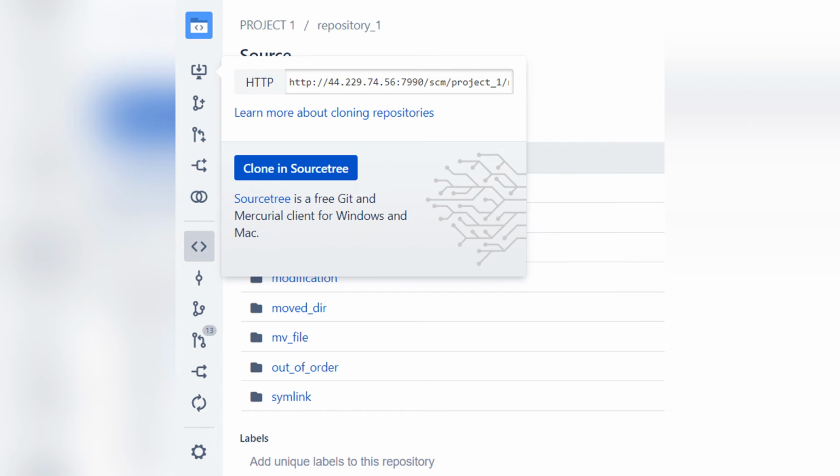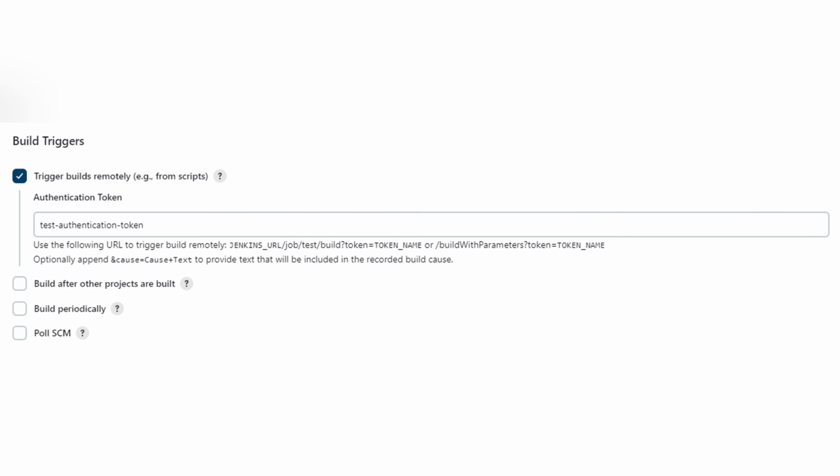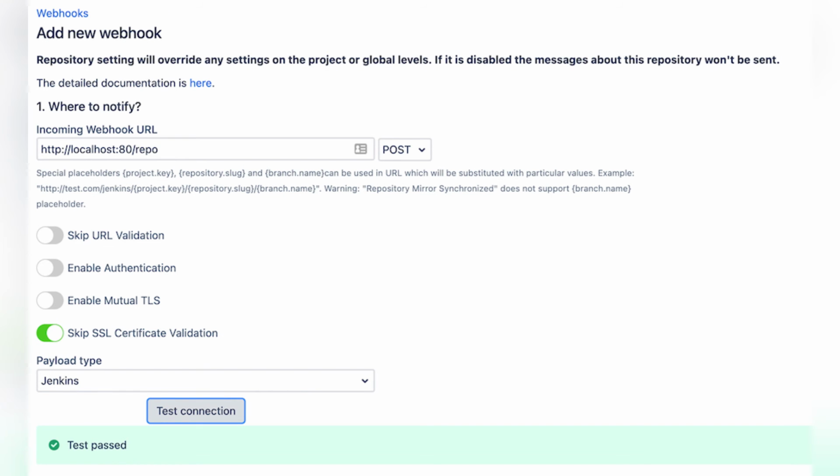Set Git as the SCM and add the repository URL, then add credentials, your Bitbucket account credentials. Check Trigger builds remotely and enter an authentication token. Save the job configuration. To enable automatic triggers when code is pushed, go to the Bitbucket repository, click Repository Settings, then